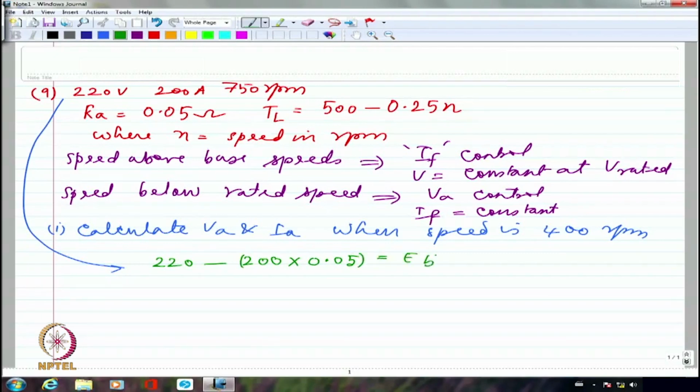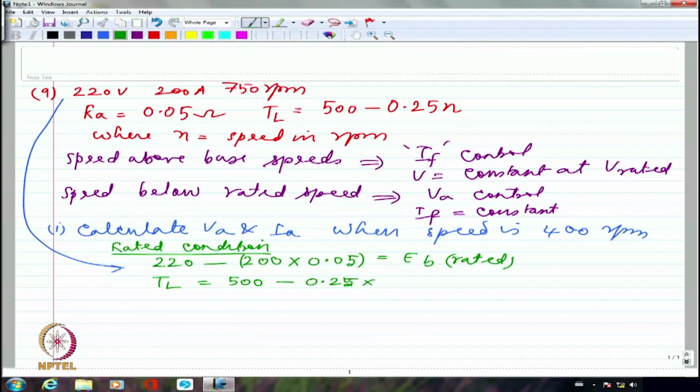So under rated condition, first of all I can calculate EB at rated value, and I can also calculate TL, which is 500 minus 0.25 multiplied by N. So N is 750. Right? How much is it? 312.5